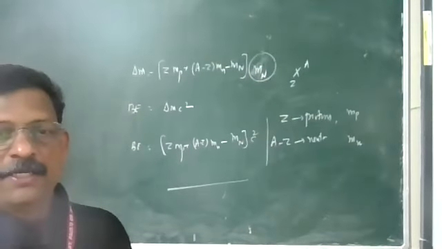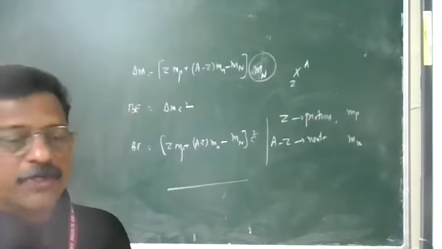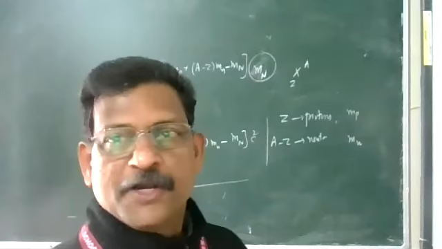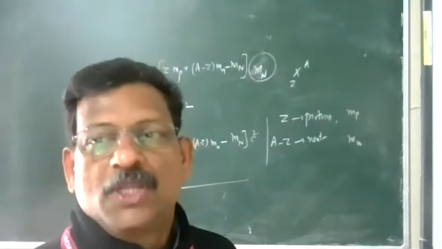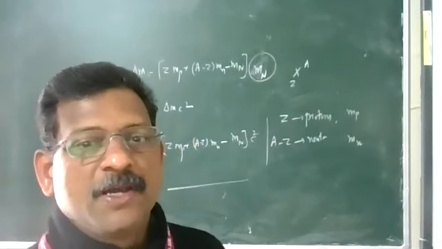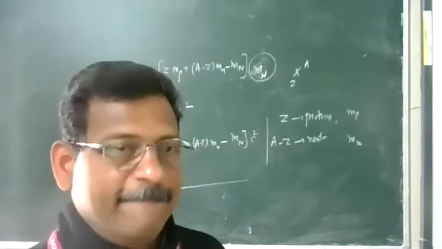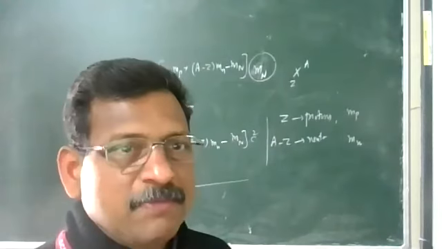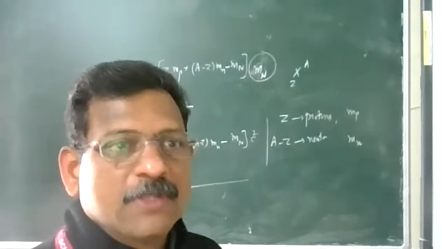So first is the mass defect, and this difference in the mass will be converted to binding energy that is used to bind the nucleons. Greater the binding energy, greater will be the stability of the nucleus. The stability of a nucleus is mainly judged by its binding energy, especially binding energy per nucleon, that is divided by A. For heavy nuclei, binding energy per nucleon is less, they are less stable, so they undergo radioactivity. The radioactivity topic is not included in your syllabus.